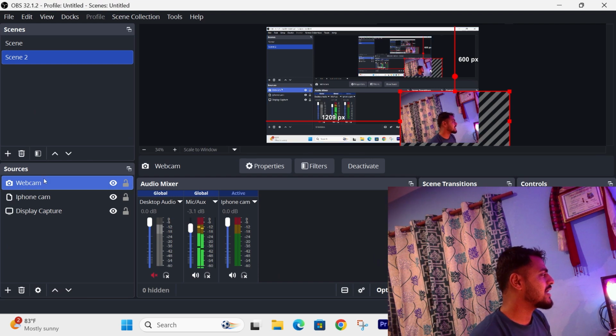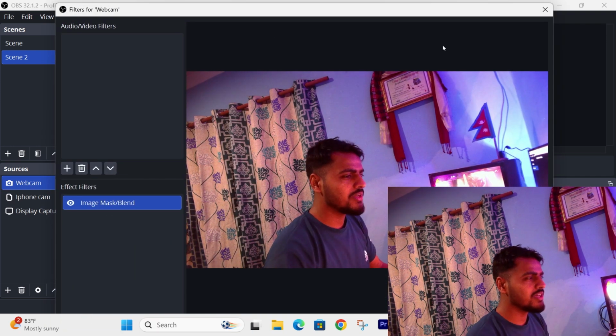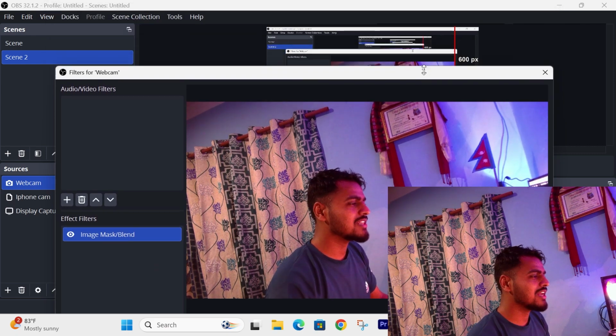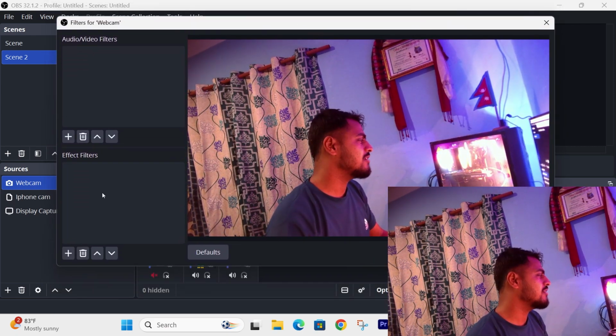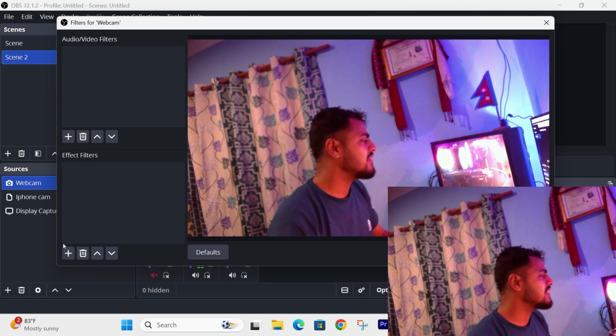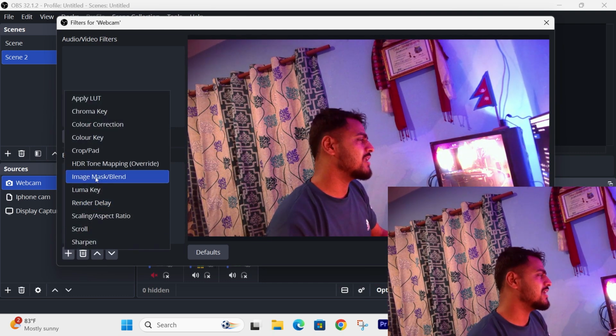First of all, you can select your webcam, take option and go to this filter. From here, let's make it slightly smaller to fit in our screen. Okay, now inside this effect filter, click on this plus icon and find Image Mask/Blend. Click on this,